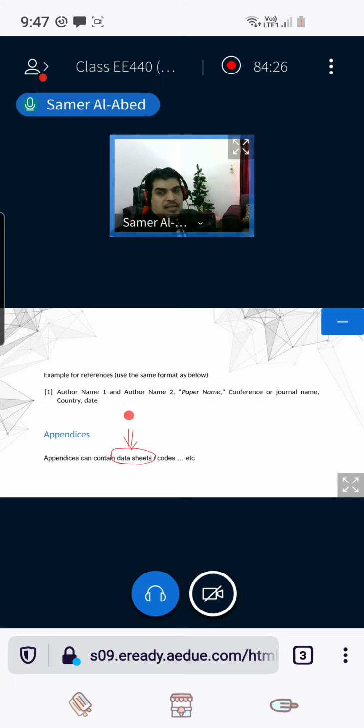It's already available everywhere. If you are going to use LoRa, you can also put the data sheet of the LoRa. Now, with respect to the references, it should look like this. This is the IEEE style, by the way. It's not the APA style. Since we are electrical engineering, we should follow IEEE, the Institute of Electrical and Electronics Engineers.